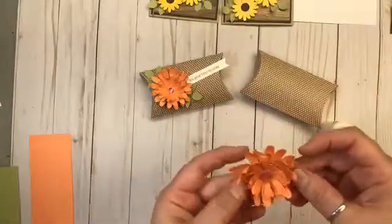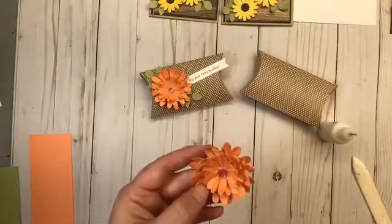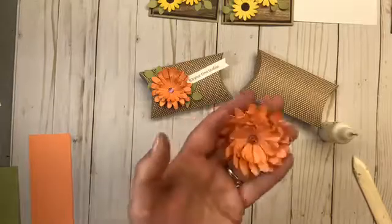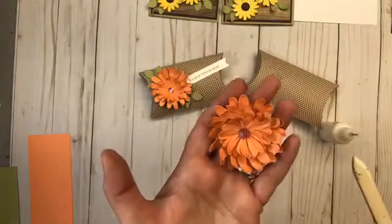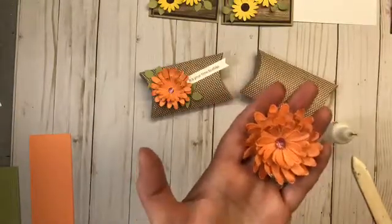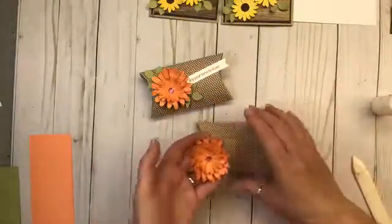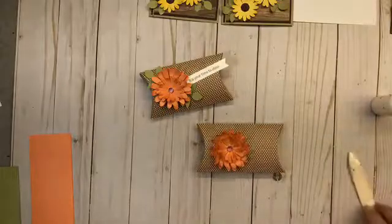Stampin' Up! actually did a display in the catalog, and there are several flowers together, and I'm probably going to do a display like that, but I wanted to keep it, that would take a really long time on video to show you how to make that many flowers, so I wanted to keep it a little more simple. So now we're going to put this on here, but we need to